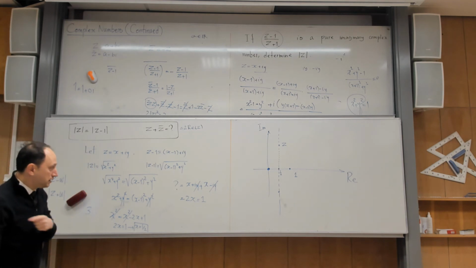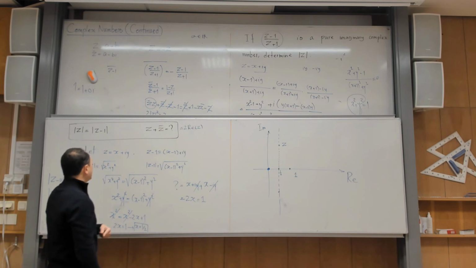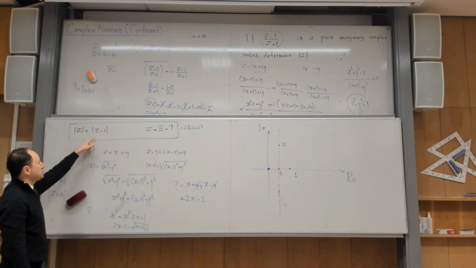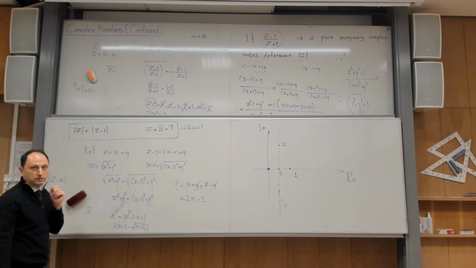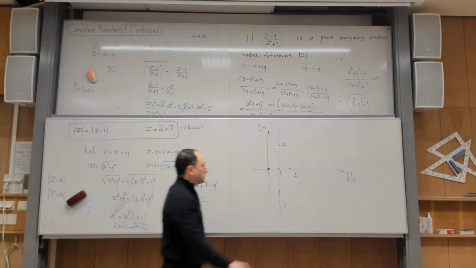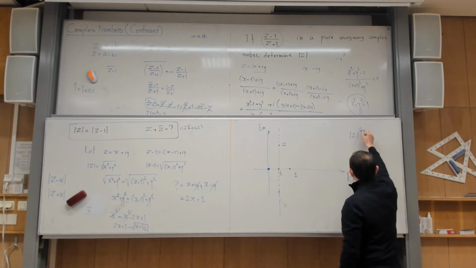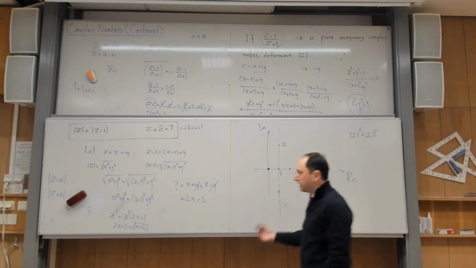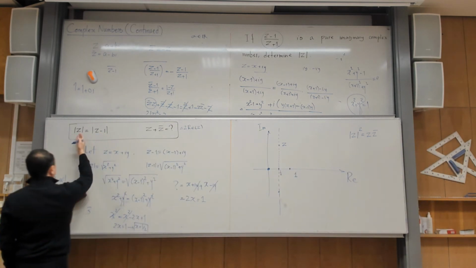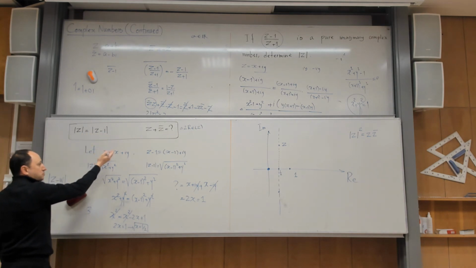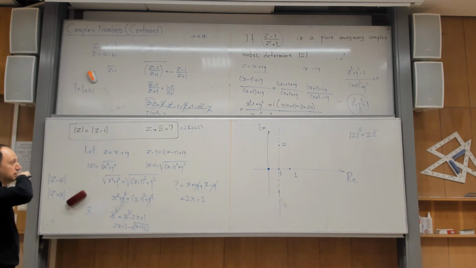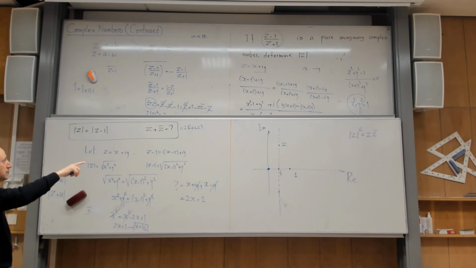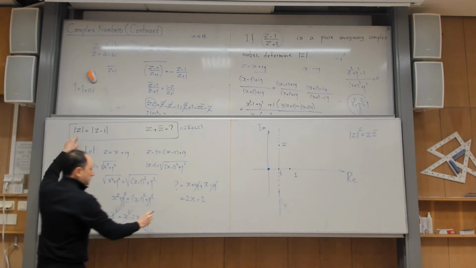Yes? Another one that I want you to learn: whenever you want to talk about absolute values, usually in complex numbers, it is better to talk about absolute value squared. Why is that? Because absolute value squared has a nice formula, and that is z times z bar. Yes? So remember, this is a trick you need to learn. Sometimes, if you have something about absolute values, it is better to answer it in the form of z bar. So I square it.